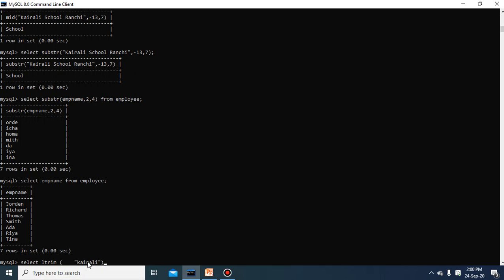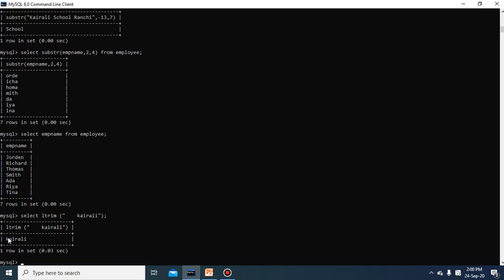the spaces, but the space which I have given must be inside the quotes. So this string Carolee contains this many spaces on the left side, maybe 2 or 3 spaces. This space will be removed when you use the ltrim function. You can see in the output there is no space on the left side. Same as rtrim, but this time you give the space on the right side.